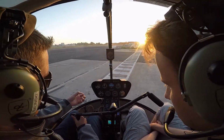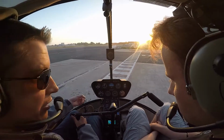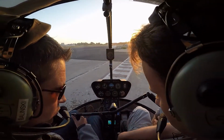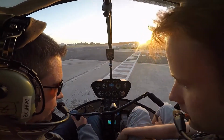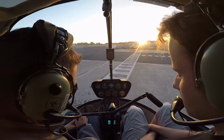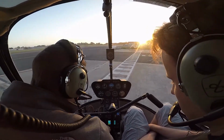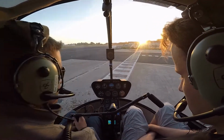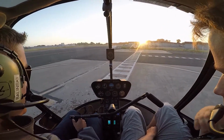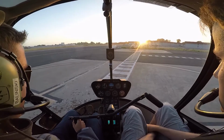So when we take the controls, we're going to be grasping it more in a cage instead of holding it tight. So basically there are two, yours and mine. I do, yeah. Okay. That's because everything is dual controls, so that way I can keep us from doing something you're not supposed to. All right, you ready to go? Yep. Okay. We don't really have that much sunlight left, so